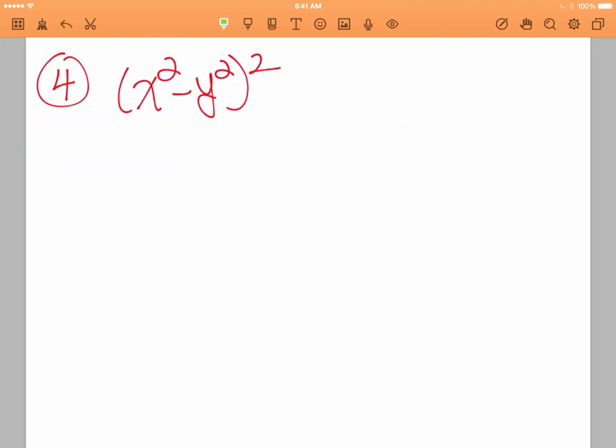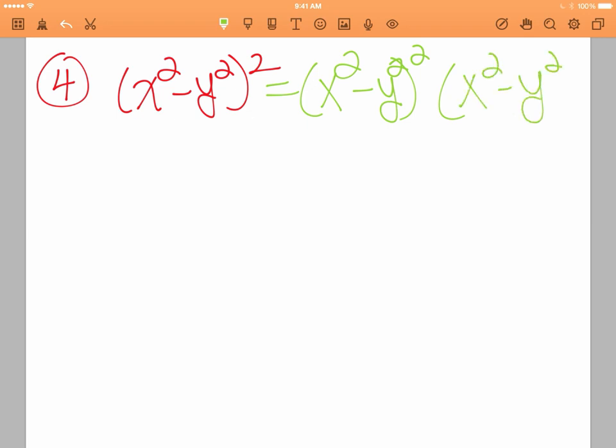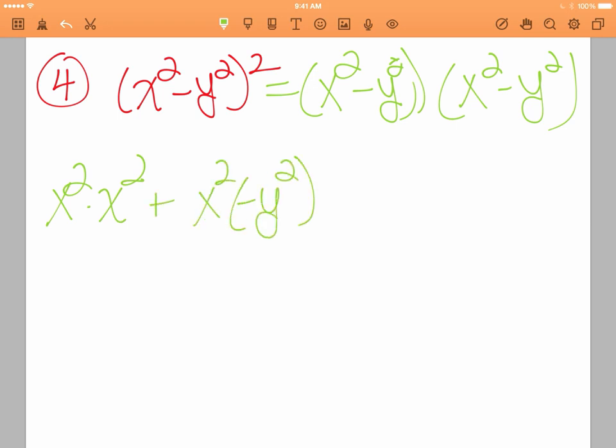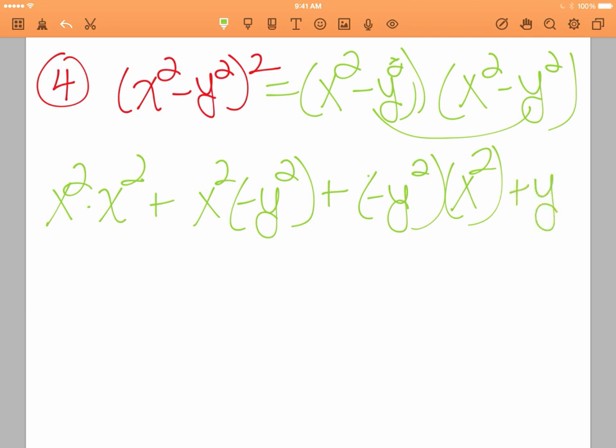Okay, next question, very similar. Only now, instead of it being a plus between the two terms, you have a minus, so it's a difference. Let's just fix this here. Okay, so now we're going to FOIL this again. So you get x squared times x squared plus x squared times a negative y squared plus negative y squared times x squared. And then negative y squared and negative y squared gives me a positive y. I jumped the gun here